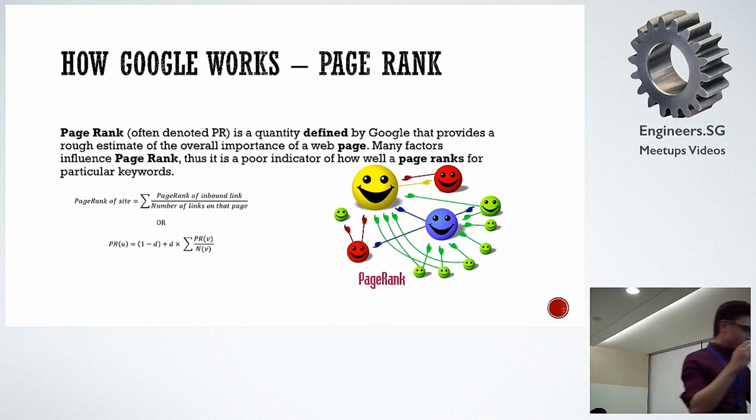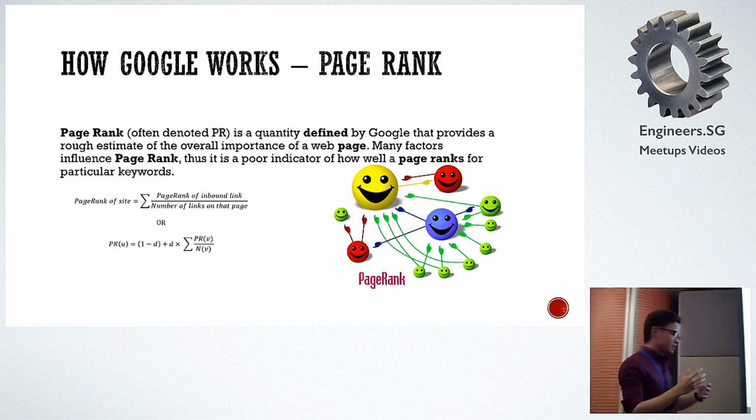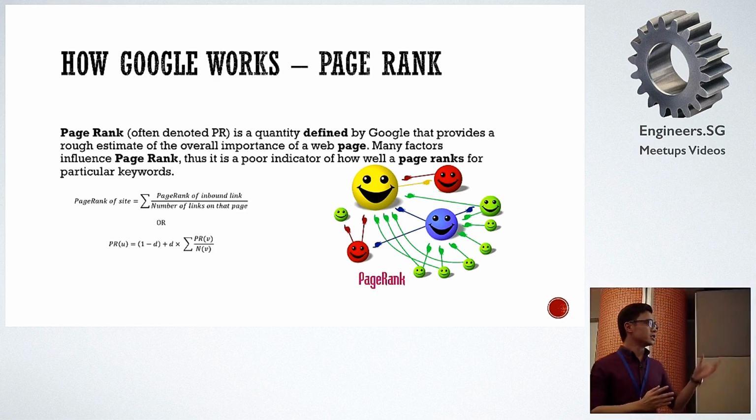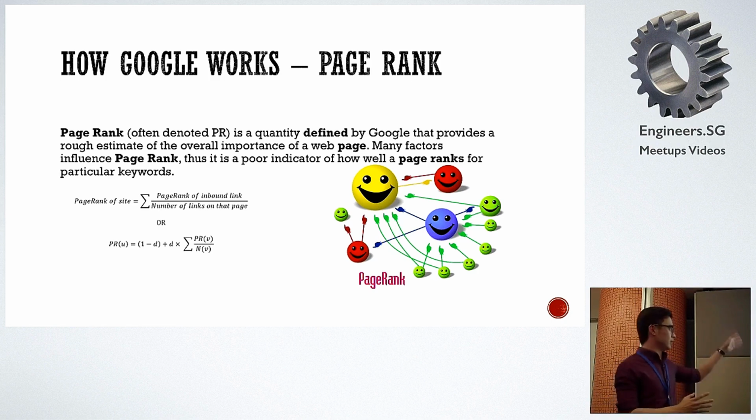So how you actually rank higher in SEO, there's this thing called the page rank, and there's this other thing called search engine ranking positions, but that one will be something else later on. Basically, this is how Google differentiated themselves from the rest, Yahoo and Bing, because Larry Page, one of the founders of Google, came up with this formula. You don't really need to understand this formula. This is not a mathematical class. But the idea of it is basically,